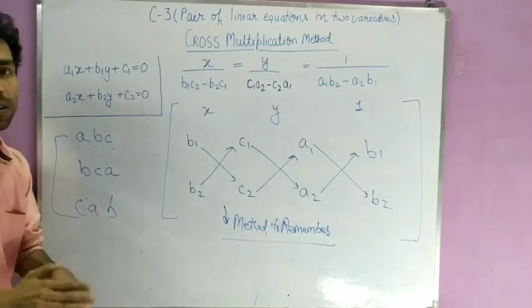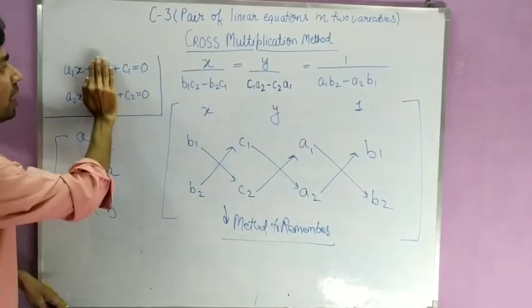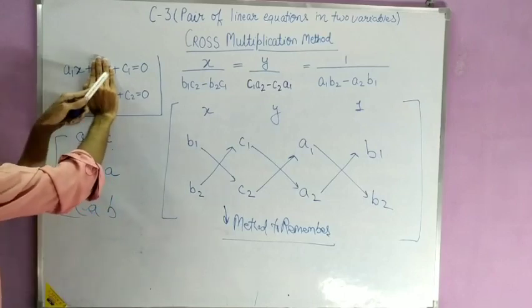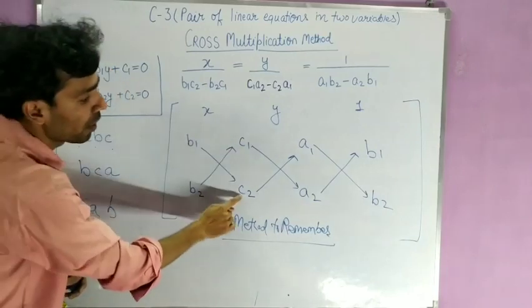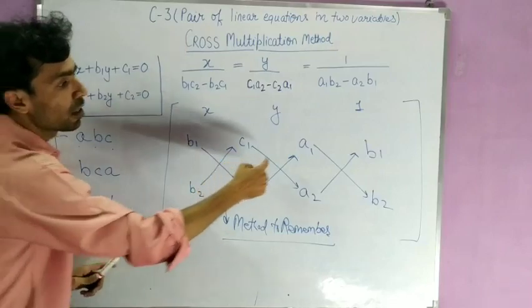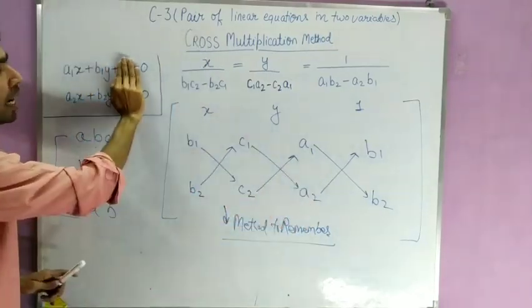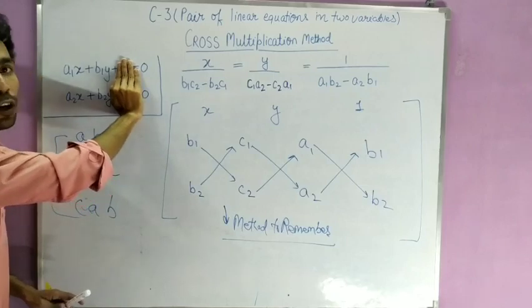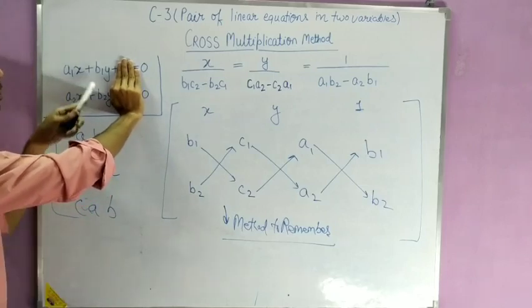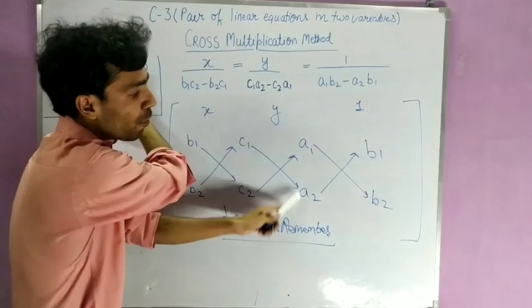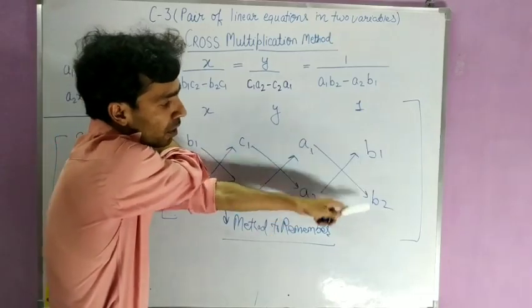Now the same process we will apply for y. So hide y. a1, a2 and c1, c2 will be left. c1, c2 we have already written, so what is left? a1, a2. So we have written a1, a2. And after that we will hide the constant part. When you hide the constant part, a1, a2 and b1, b2 are left. a1, a2 we have already written, so b1, b2.